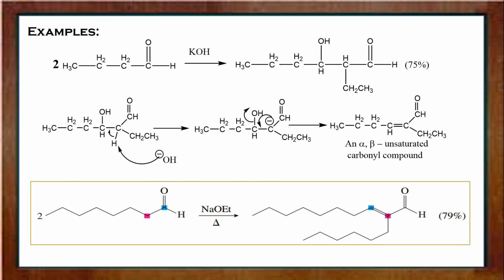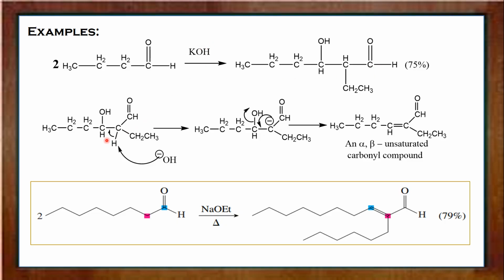Here are some examples for aldol condensation reactions. So here I have taken butanaldehyde. One butanaldehyde molecule generates enolate, and that reacts with another butanaldehyde molecule to form a beta hydroxy carbonyl. So two butanaldehyde molecules condense together in basic medium to form a beta hydroxy carbonyl compound, and with the strong